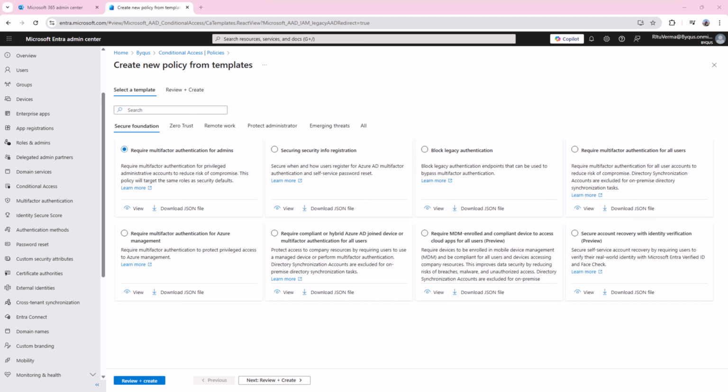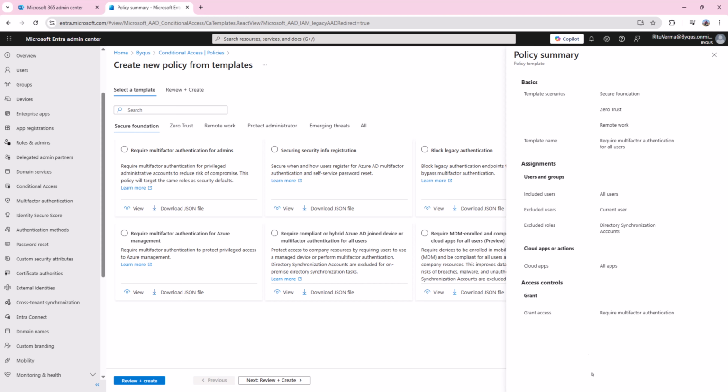So the first policy is require multi-factor authentication for all users. If you click on it, you can view the settings from here. So basic is template scenario, secure foundation, zero trust. These are the template scenarios. So where are these? These are located right here.